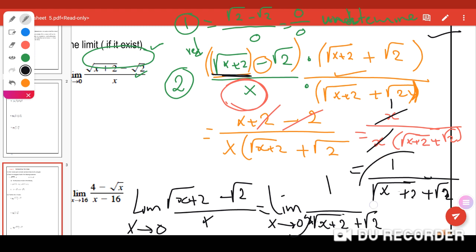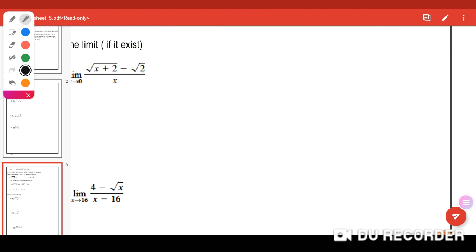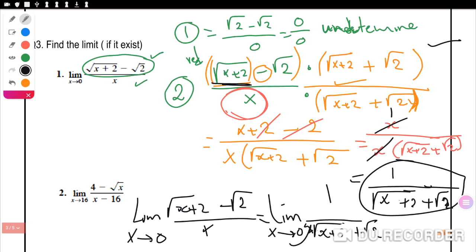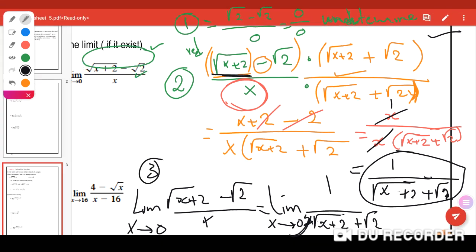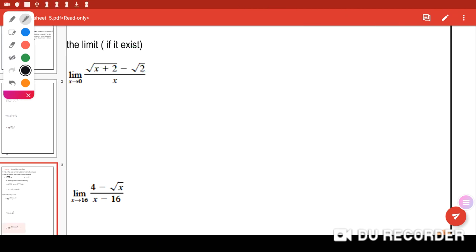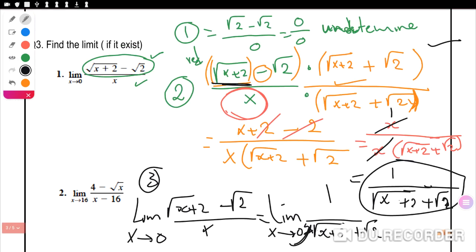After we redefine the function, that is the redefining function. The limit of the given function is what? The limit of its what? Redefining function. The last step: replace in the redefining function to find the limit of the given function. I hope you understand this. Okay, replace in the redefining function to find the limit of the given function as we did before by using